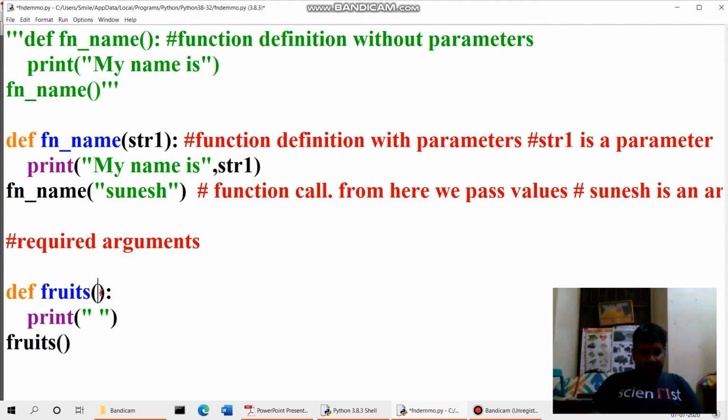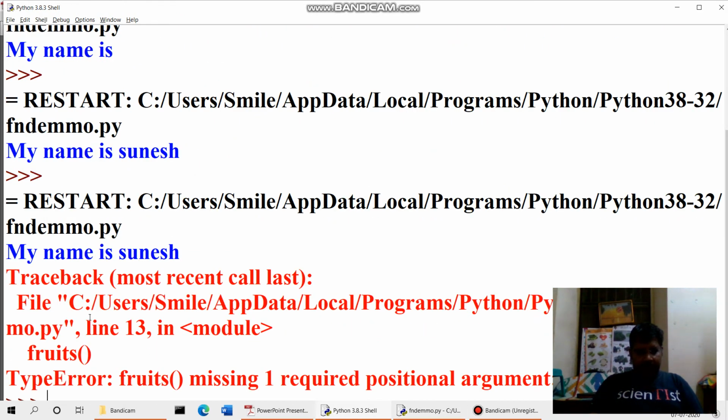For example, I am giving one variable called a1. Here I am giving a message, hello, I am a1. Hello, I am a1. Now listen what happens if you run this program. It shows an error.